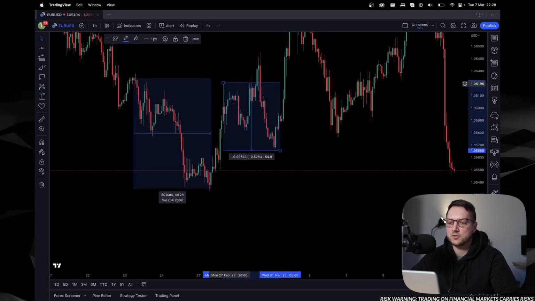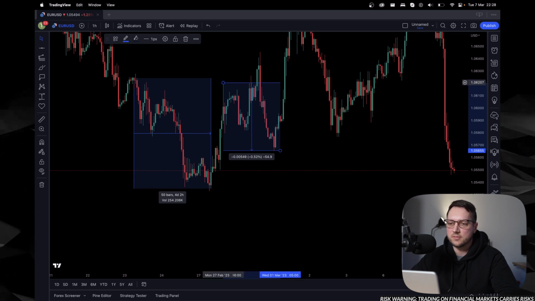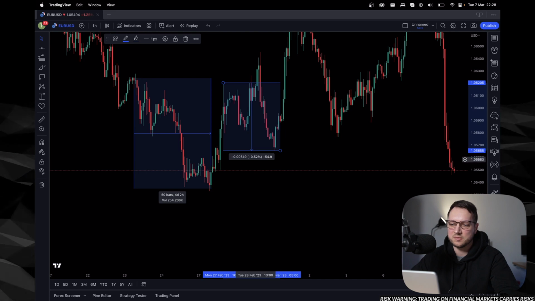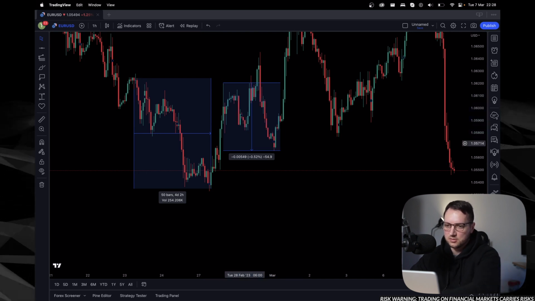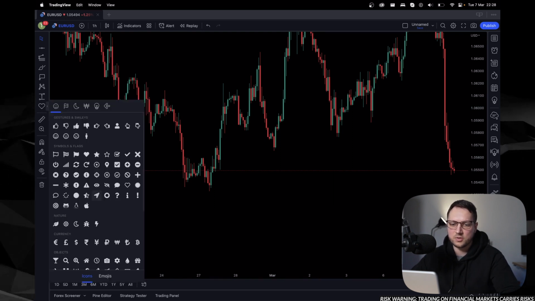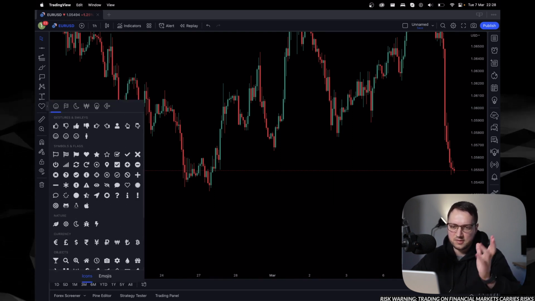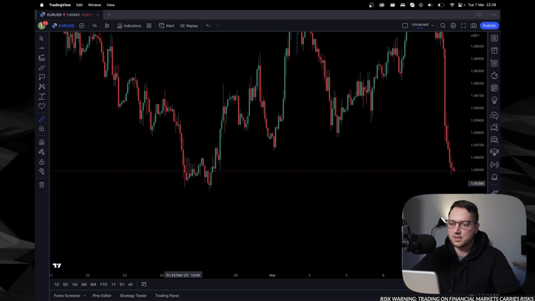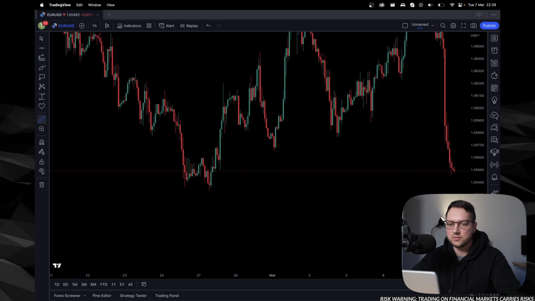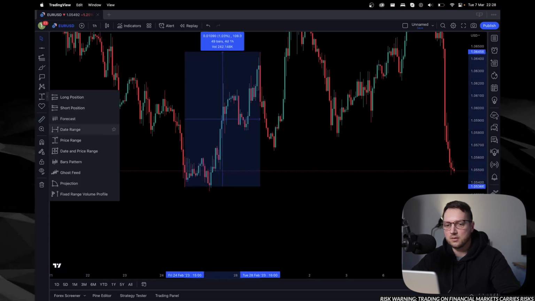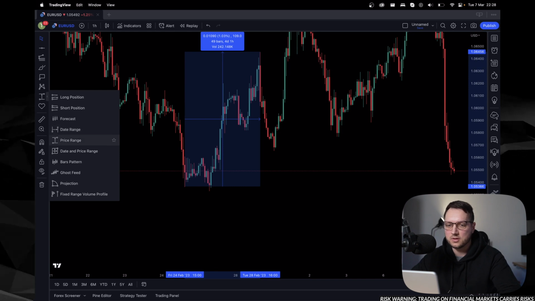So here it measures the distance between the upper boundary and the lower boundary and shows you the price movement in pips and in a percentage points. So if you go further, we have the icons. Basically these are some small tools that you can add to your chart. You have the ruler over here, and basically this is two-in-one if we have the date